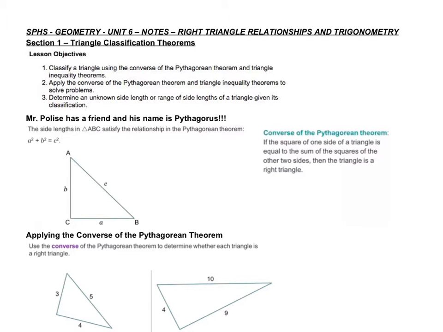Hello and welcome to another thrilling installment of the geometry videos. This is Unit 6, about right triangle relationships and trigonometry. We're going to have a lot of conversations about using trigonometry and right triangles, and we're going to focus on that for Unit 6. What we want to do is be able to classify triangles using the Pythagorean theorem, and then use the Pythagorean theorem to solve problems and determine an unknown side or range of side lengths of a triangle